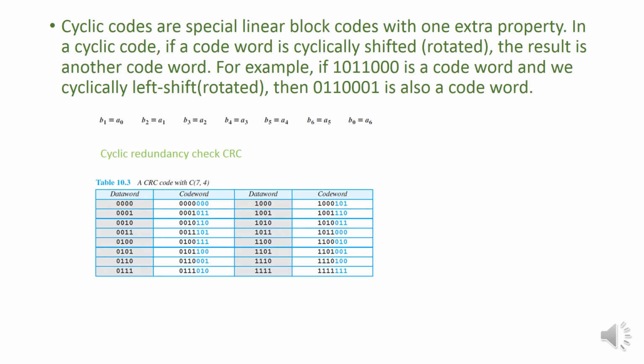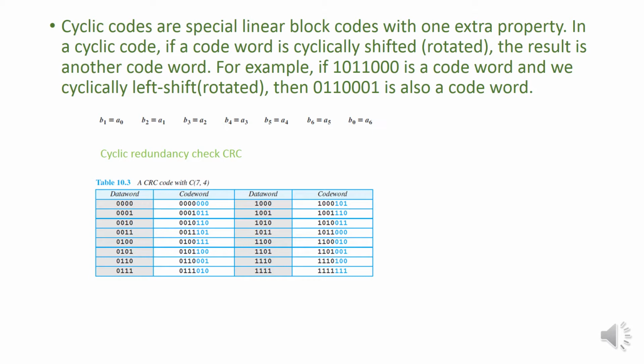Hello students, in the present video I am going to explain cyclic code. Cyclic codes are special linear block codes with one extra property. In the case of cyclic code, the code word will be cyclically shifted or rotated in order to get another code word. For example, if you are having a code word